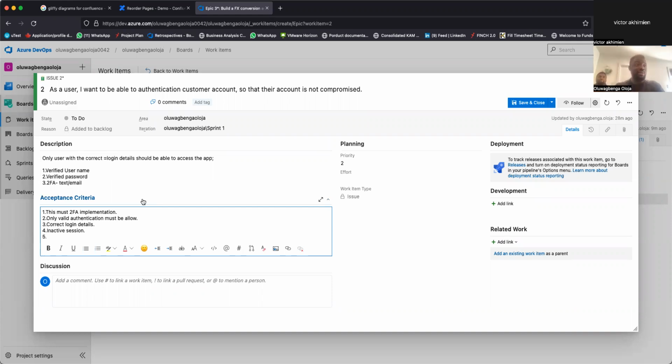Because I was not even thinking about session ID, although it's a non-functional requirement. Things of security consideration, performance. Now we need to talk about load. If 1,000 users try to log into this application, some systems will just scatter and you see error, like app not available at this time, right? So we need to also factor in some of this. We can write it here and say load capacity, for example, should be 1,000 users per second.